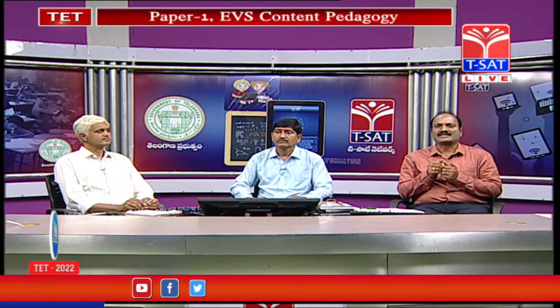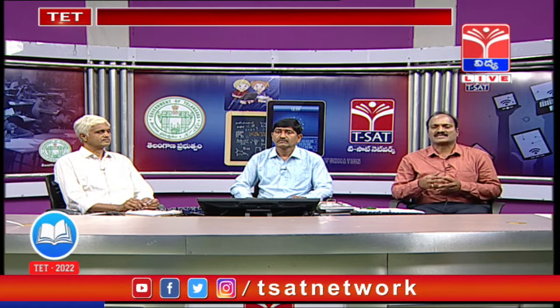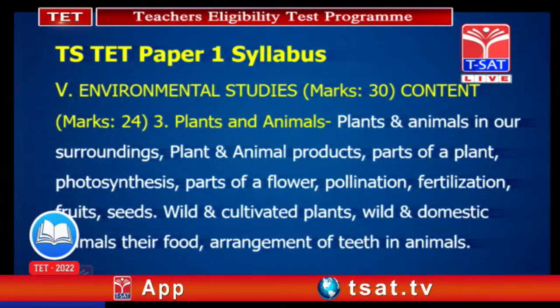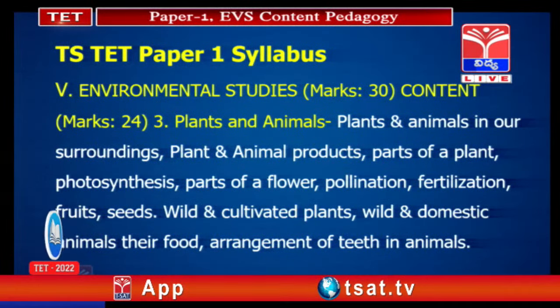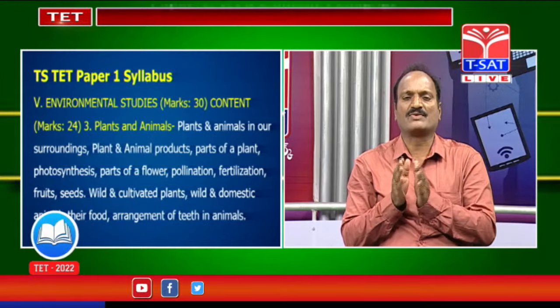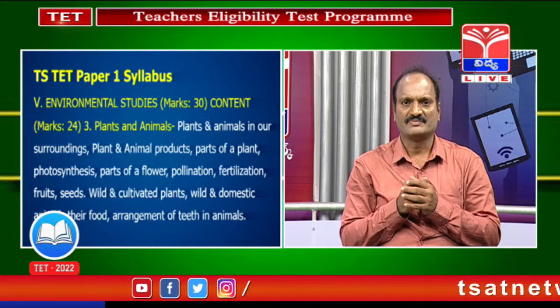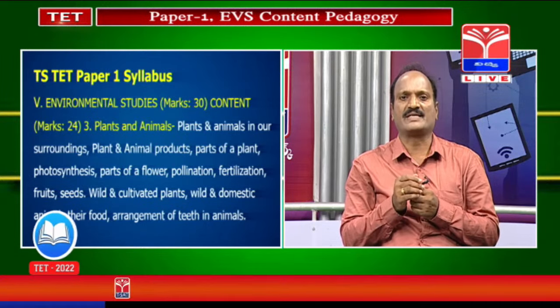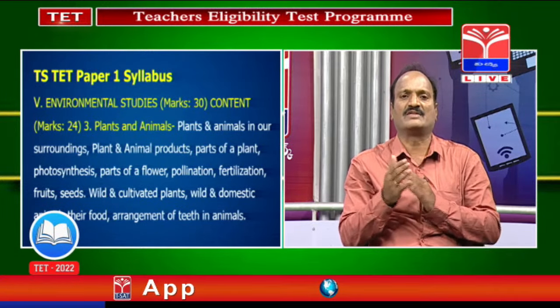So, please be careful about the paper 1 EVS. It is the base, and it has so many themes and important points for paper 2 biological science also. Here, we are dealing with plants and animals in this EVS. Whenever a student enters primary school, in first and second class only languages and mathematics are there. Just now sir explained, from the 3rd class onwards he faces environmental studies in classes 3rd, 4th and 5th.